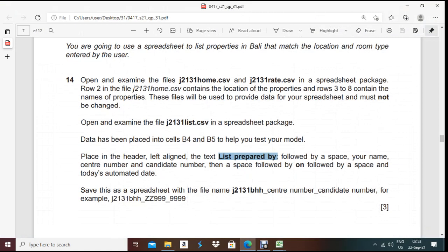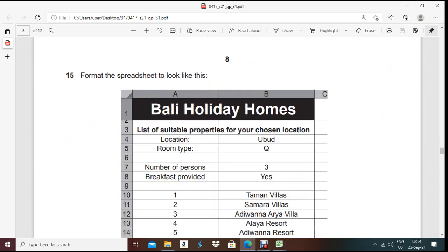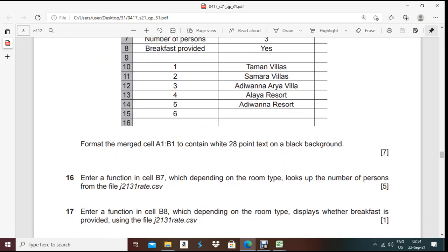After that, this part is done. Format the spreadsheet to look like this. If you check, A1 to B1 is merged, the background color is black, and the font is bigger, a sans serif font. Now what will the font be? Let me check. Format the merged cell A1 to B1 with 28 point text and a black background.